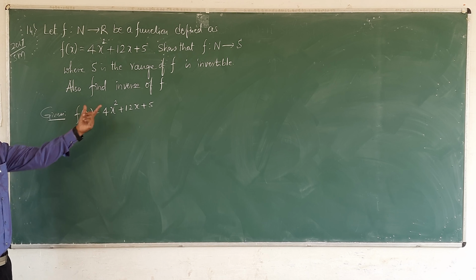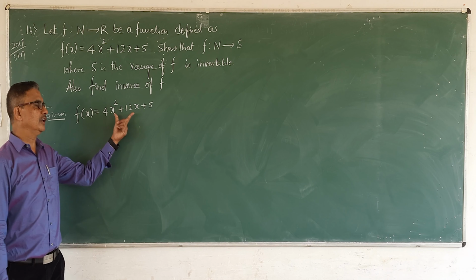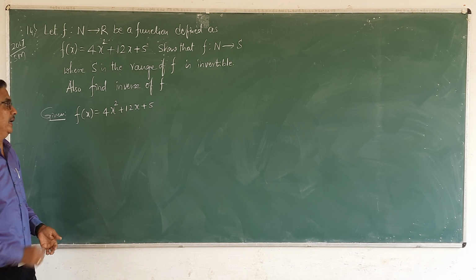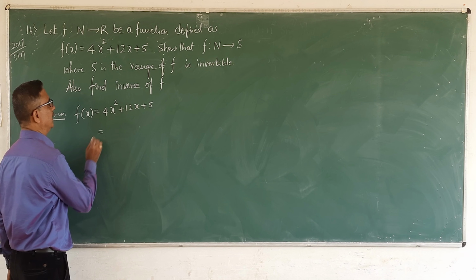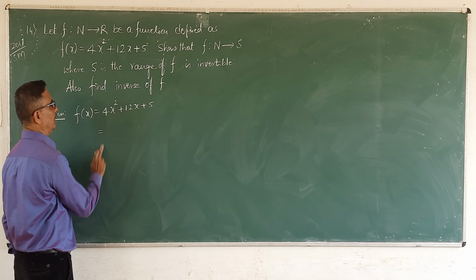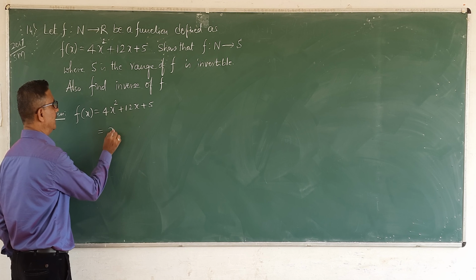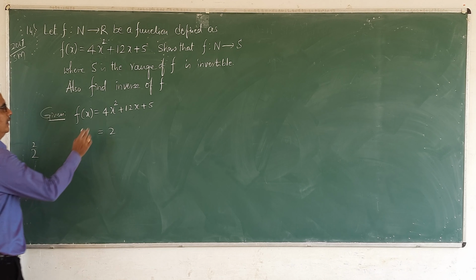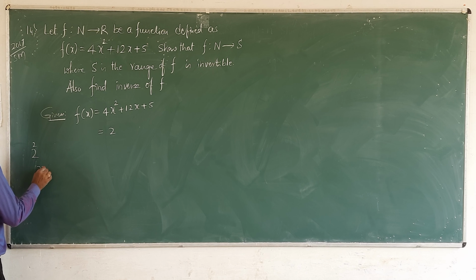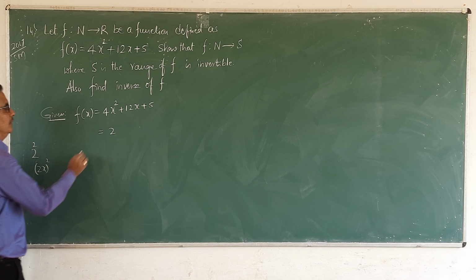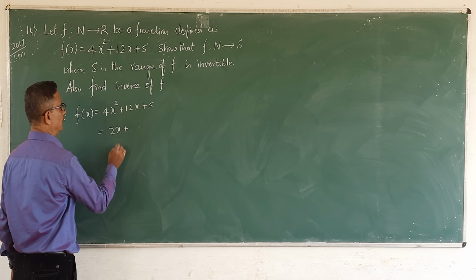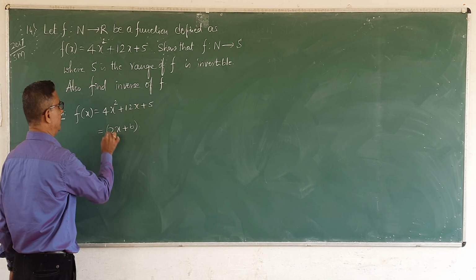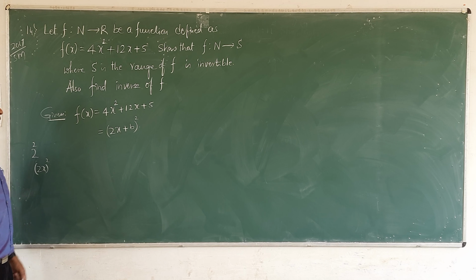Now first, to reduce the given function, convert the given quadratic function in terms of a perfect square. How to make it a perfect square? Look here, 4x square plus 12x. 4 can be written as 2 square. Now 4x square is the same as we can write (2x) whole power 2. So we take (2x plus b) whole power 2, where you don't know the particular value of b yet.